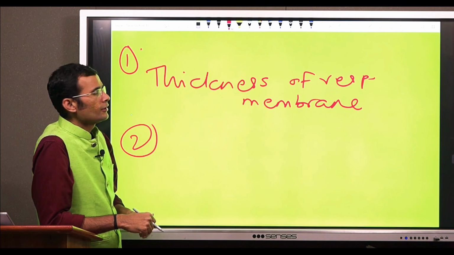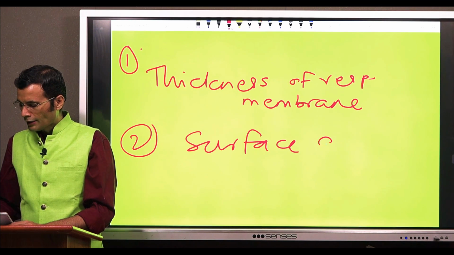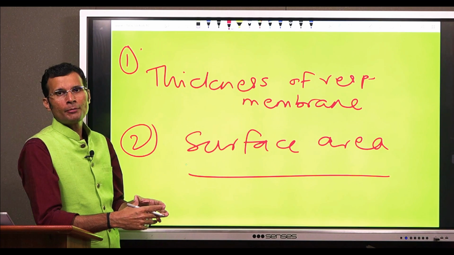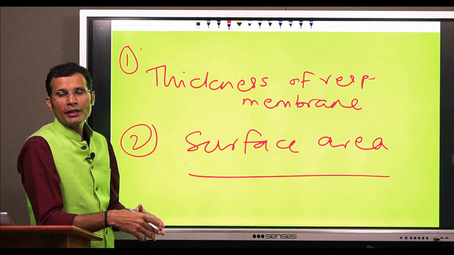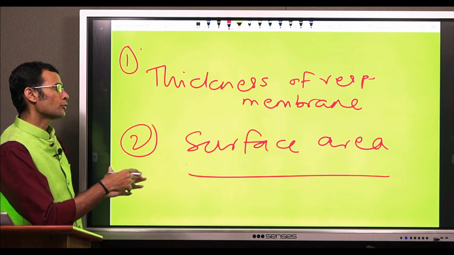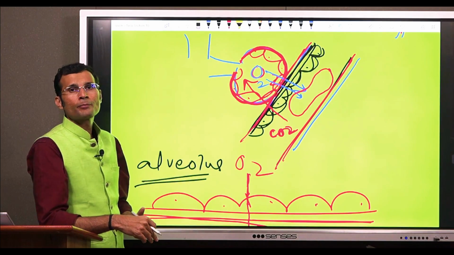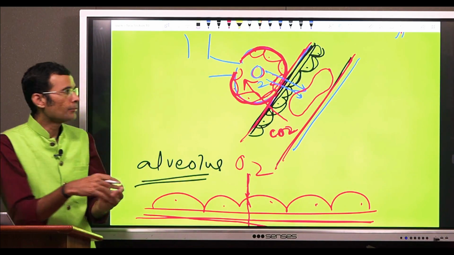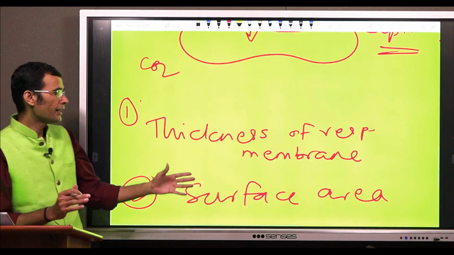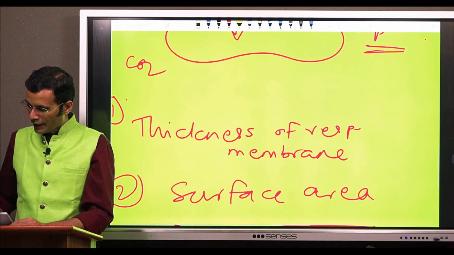Second, surface area available for diffusion. As we all know, greater the surface area available, greater would be the rate of diffusion. Diffusion of gases is directly proportional to surface area. Now, there is a condition called emphysema, pulmonary emphysema. What happens in this condition is that the surface area available decreases. What happens here in emphysema